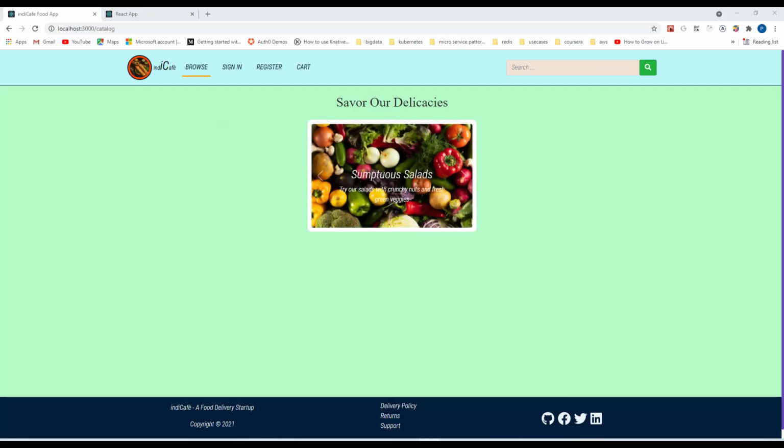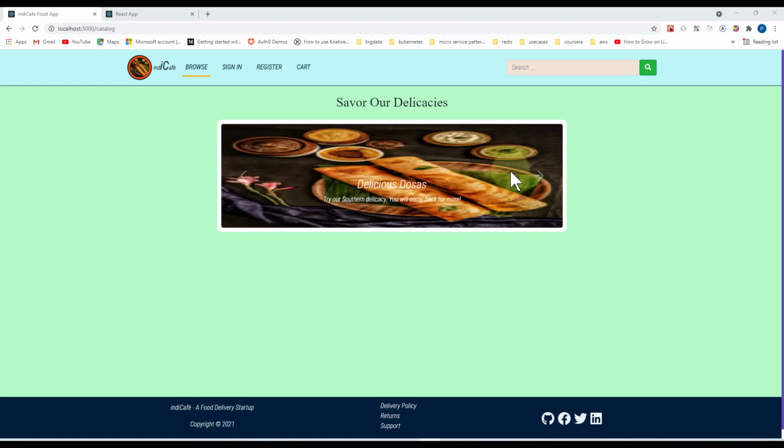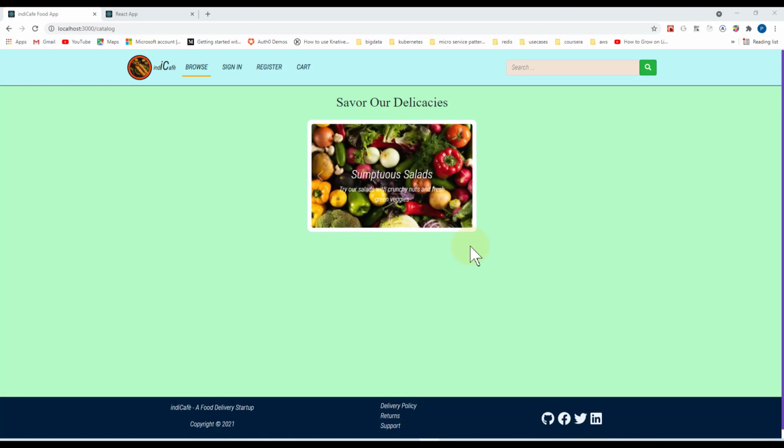Hello and welcome back. In the last few sessions, we looked at building up the component for the catalog, and essentially we built the first initial catalog version, which is what you see right now here on the screen. Okay, and the next thing we have to do is shift our focus to the API design,